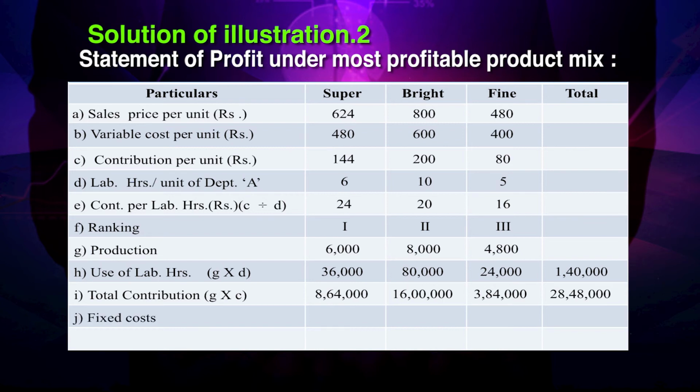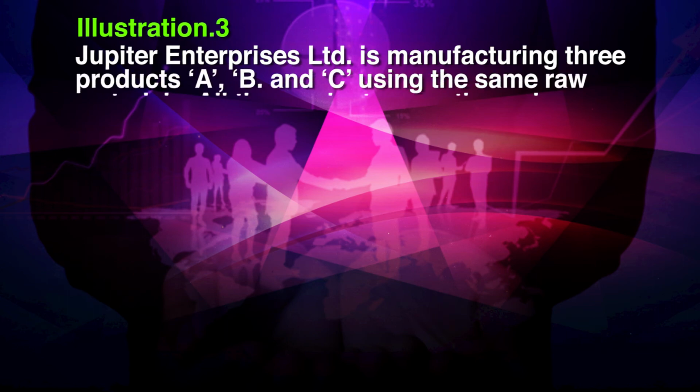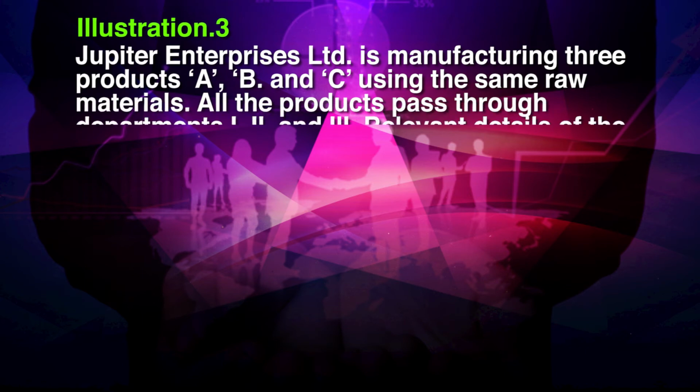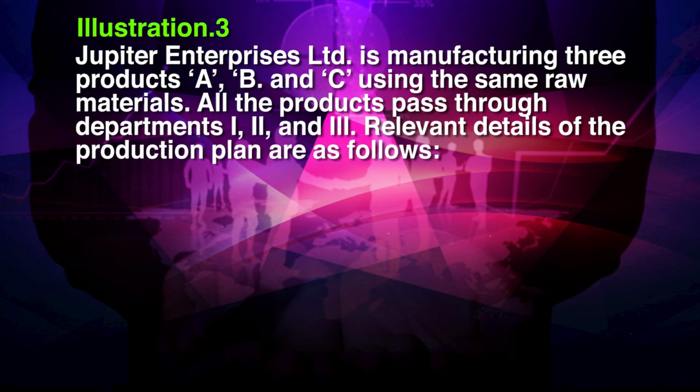From this we will subtract the fixed cost of 16 lakhs. So, profit is 12,48,000. Now, let us come to illustration 3. Jupiter Enterprises Limited is manufacturing 3 products A, B and C using the same raw materials. All the products pass through departments 1, 2 and 3. Relevant details of the production plan are: